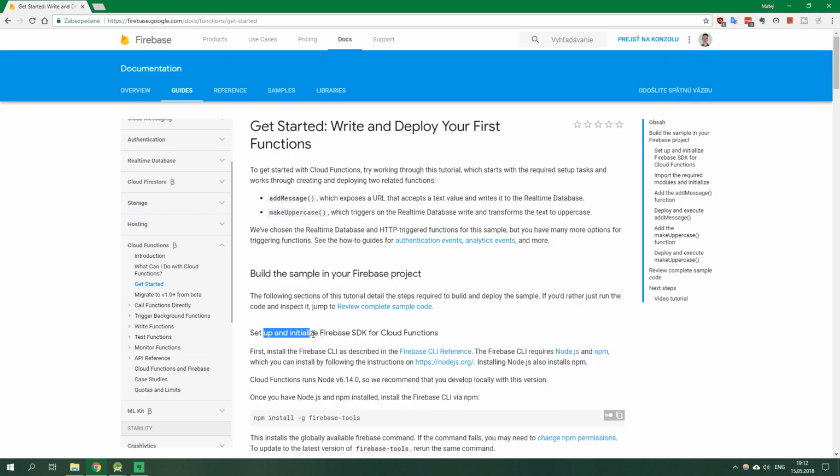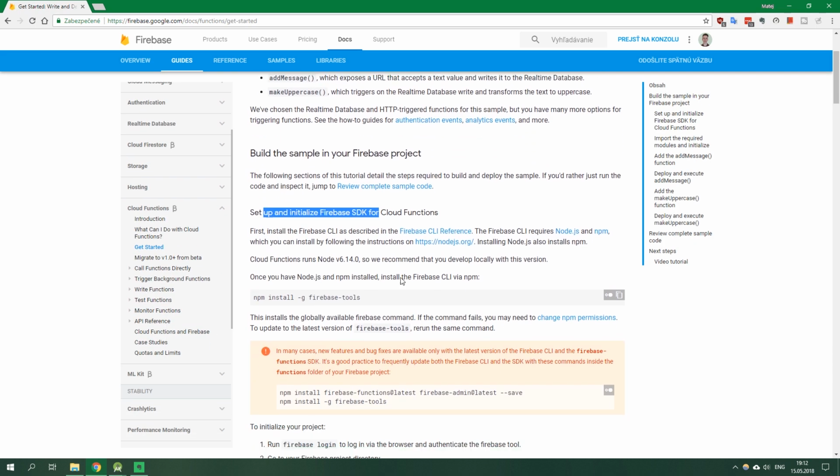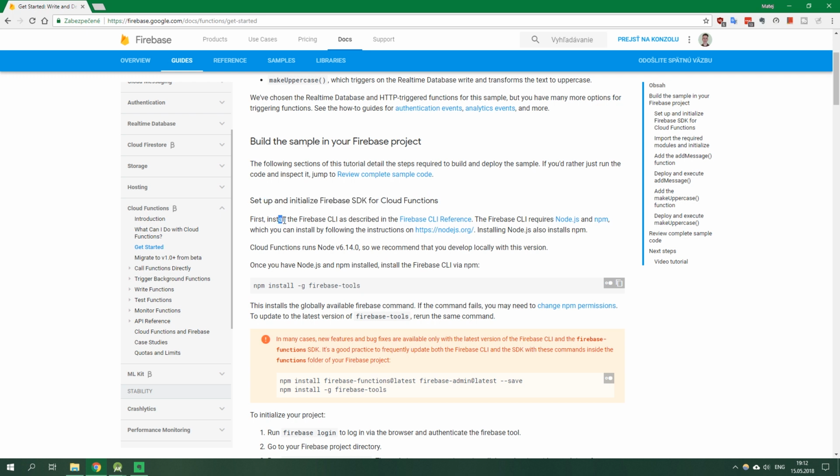In Setup and Initialize Firebase SDK for Cloud Functions, it writes here that first install the Firebase CLI, which is command line interface, as described in the Firebase CLI reference. The Firebase CLI requires Node.js and Node Package Manager, which you can install by following the instructions on nodejs.org. And an important thing is that Cloud Functions runs Node.js v6.14.0, so we recommend that you develop locally with this